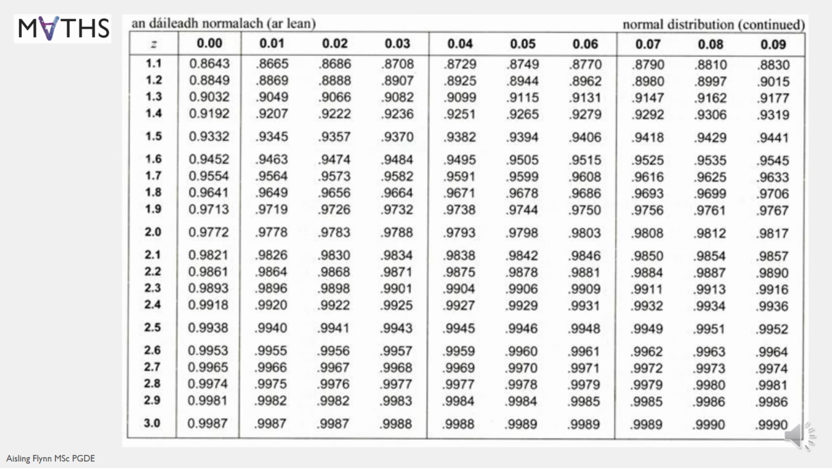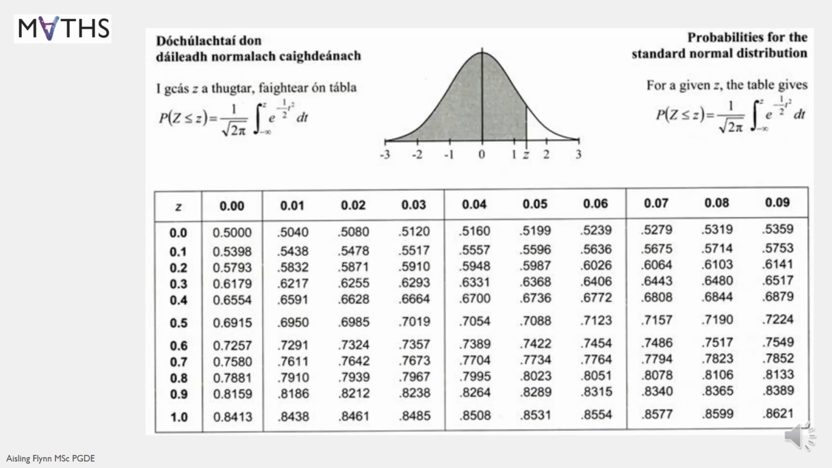Okay, so 1.58. We're on the second page of the z-scores, and 1.5 is here, and the second decimal place 8 is over here. 1.58, and we get 0.9429. Okay, we'll use that in a moment. 0.9429, so that's the first one we needed. And the next one was